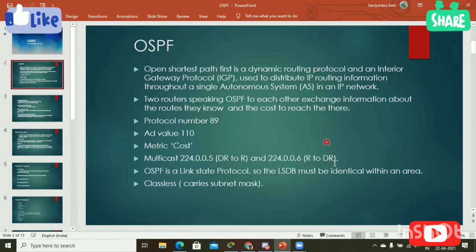So designated routers will listen to this multicast address. So if the DR receives only this multicast address, okay.